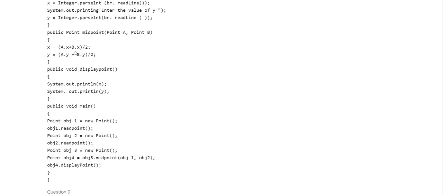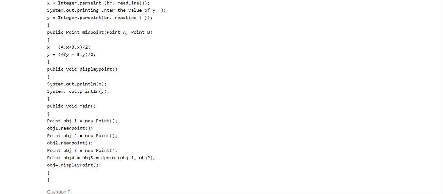Means the same variable has two copies: first along with the first object and second along with the second object. So it saves memory space. It is an integer variable, so it will take 32 bits at a time, and when object A is created it will save the first value, and when object B is used it will take the second value.